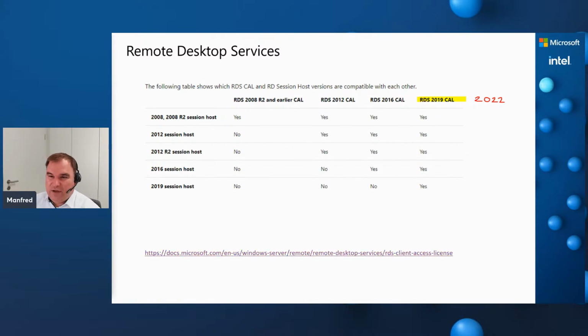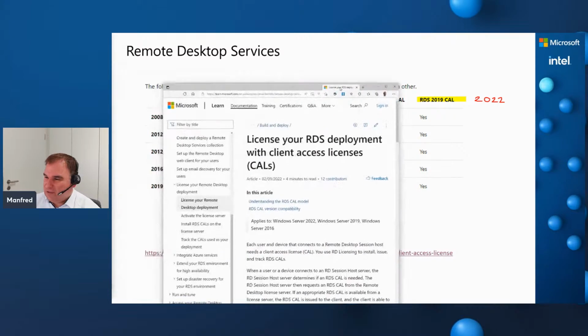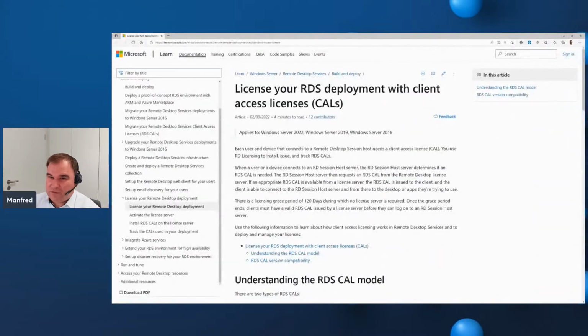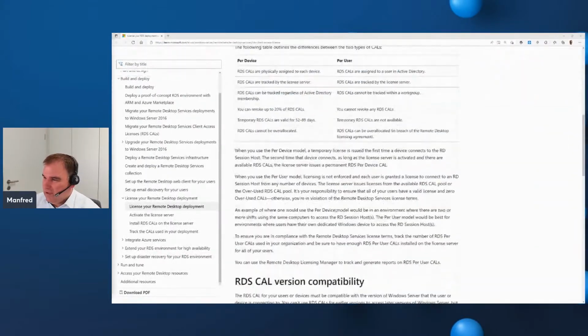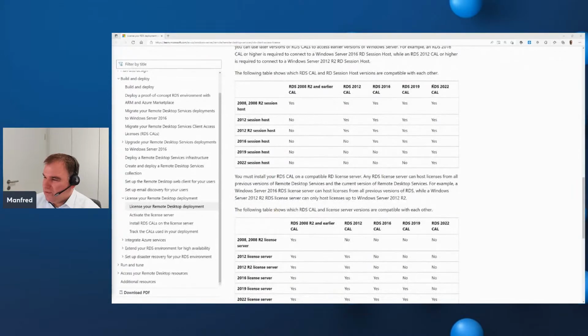We have the latest version, and we also have the Windows Server 2022 client access license. The newer RDS CAL version can also be used to access the previous RDS session hosts.